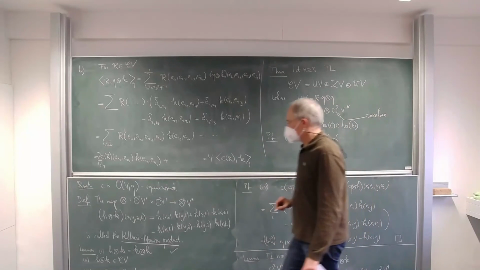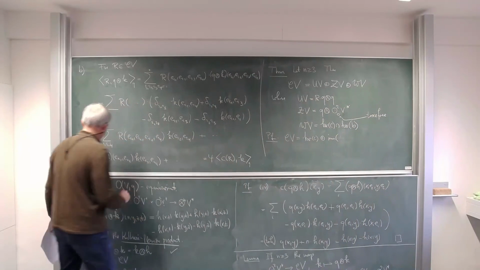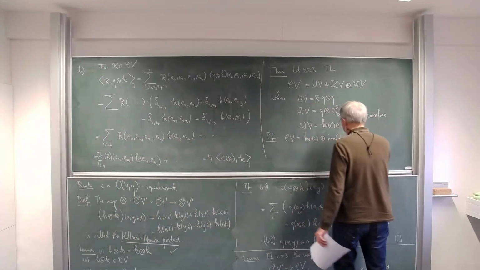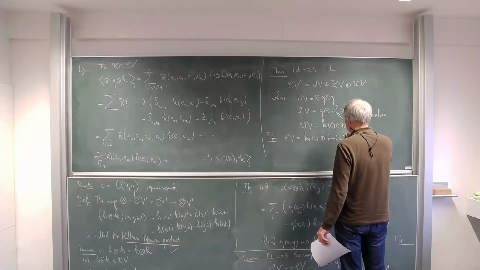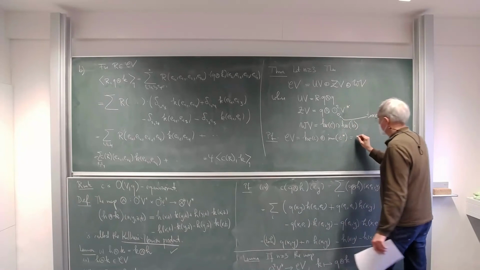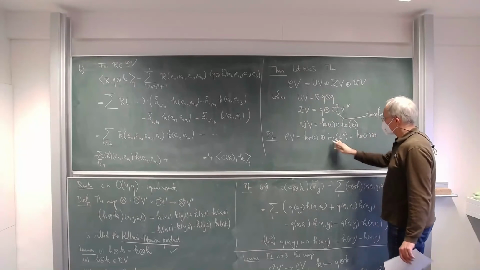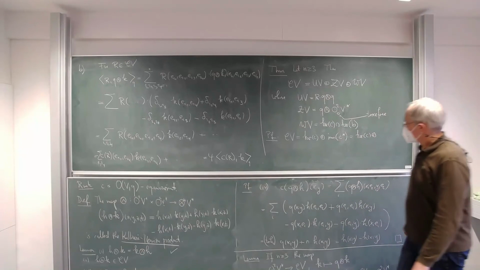And we know what the adjoint is, namely it's this Kulkarni-Nomizu product, up to the factor 4, which is irrelevant here. So that's the kernel of C plus everything that is obtained by